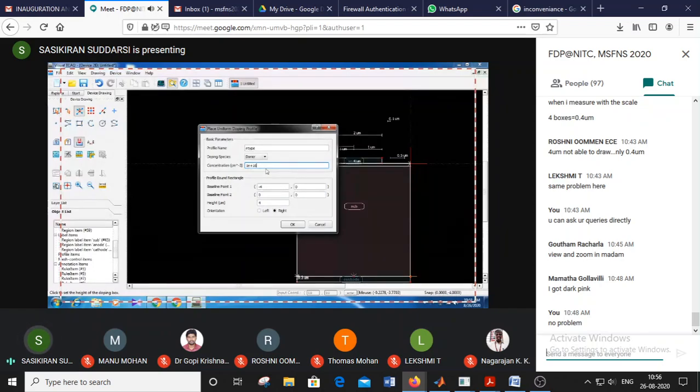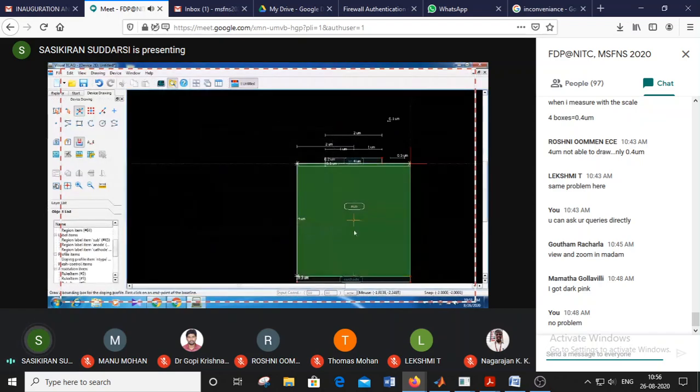It is indicated in engineering fashion: 10 to the power plus 16. These are default coordinates, so we can change the doping level here. Okay, click on OK. That changed the color to green.